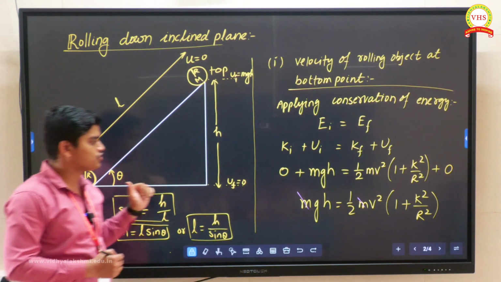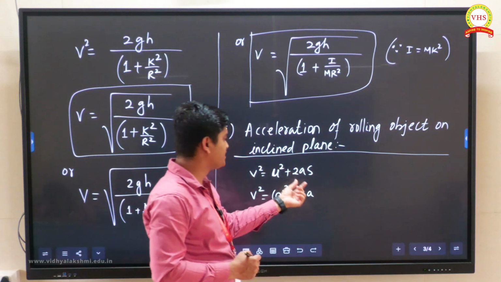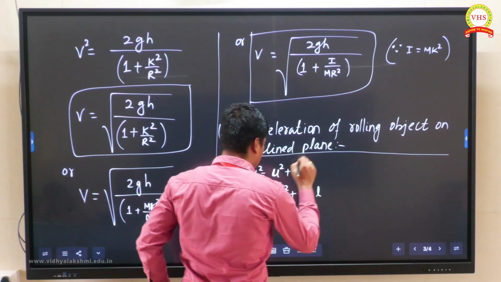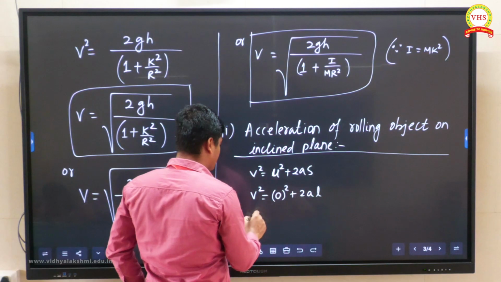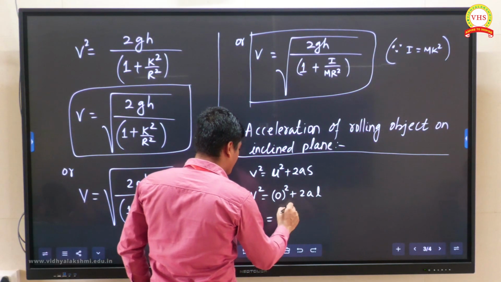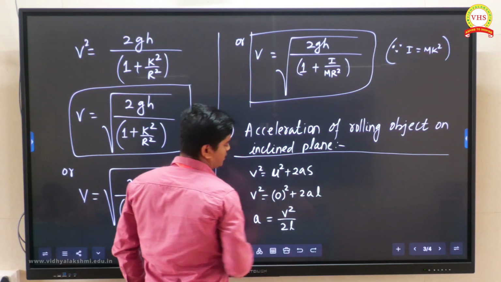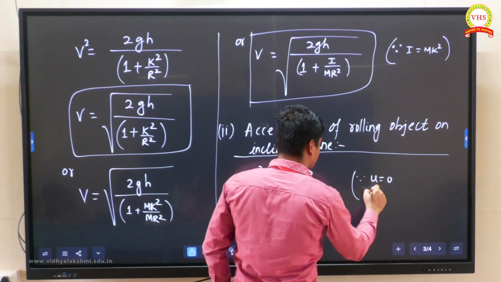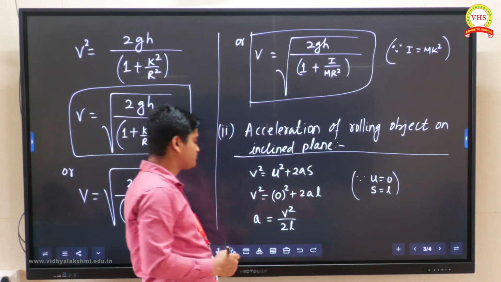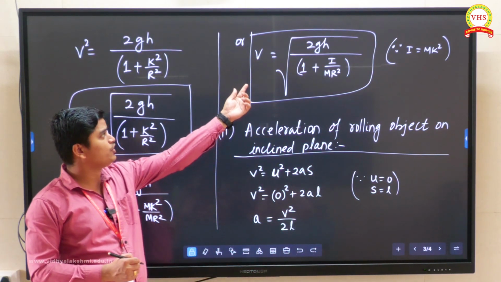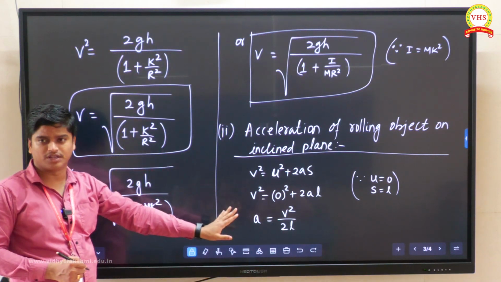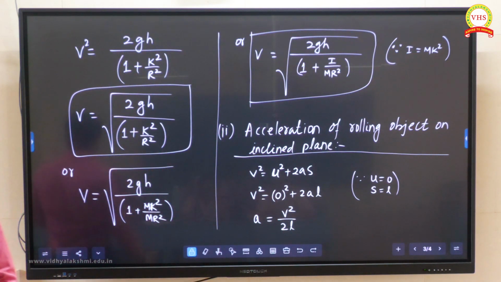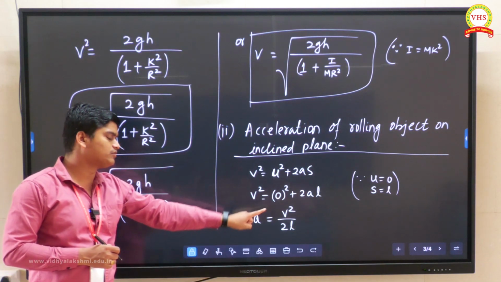L distance. So now what I can do here, instead of s, I can write L. Now I need to find acceleration. So if acceleration I want to write, it is v squared by 2L. So here what substitution did I do? Now u value I took as 0 and s value I took as L. Now v square we already know. If we substitute that, we can get an idea about acceleration. Yes or no? So let's substitute here. So v square, you can substitute this expression, then you can get the acceleration.